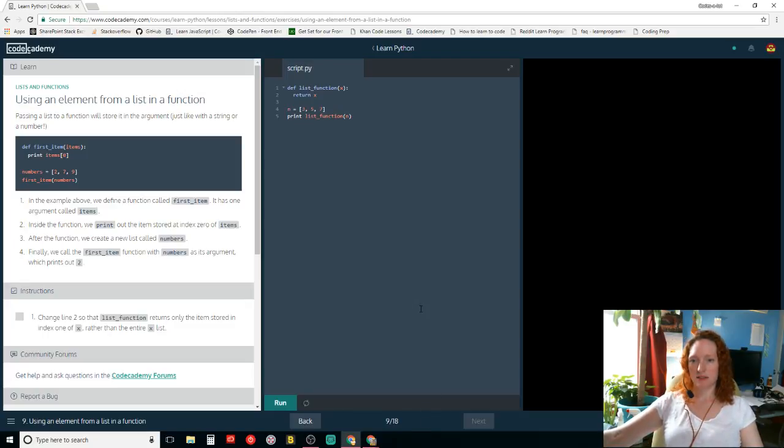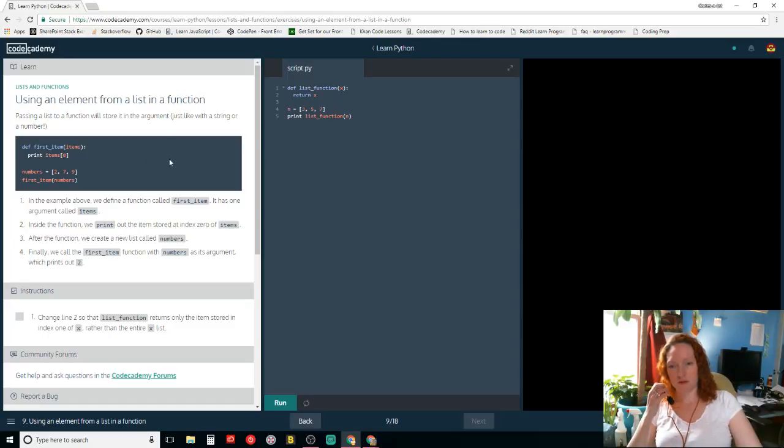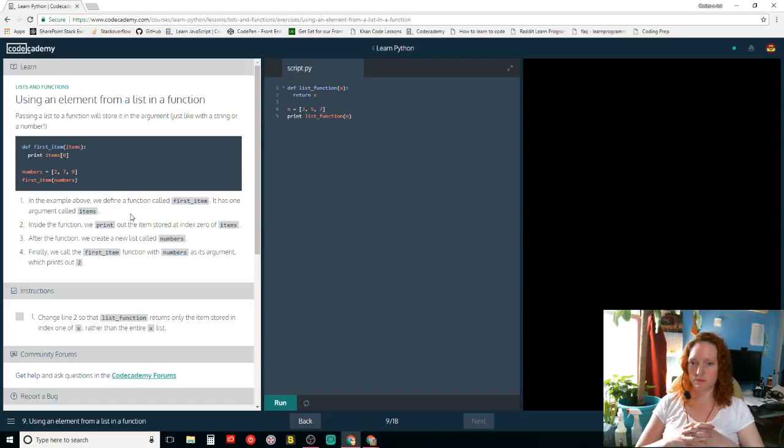Passing a list to a function will store it in the argument, just like with a string or a number. One argument, items. Inside the function, we print out the item stored in spam